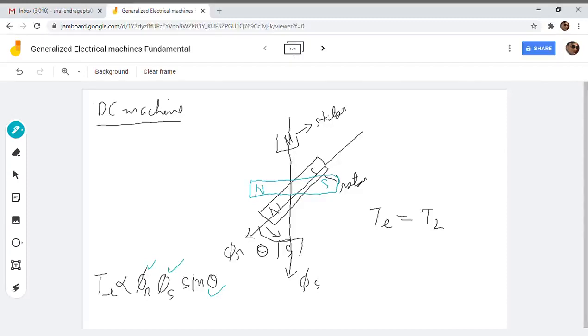When we talk about the induction machine, it is somewhat different. The induction machine is quite different because here we do not create the rotor magnet, we do not put excitation on the rotor winding to have permanent magnets. Here we have only the stator magnets, and we just rotate this stator magnet with some speed,